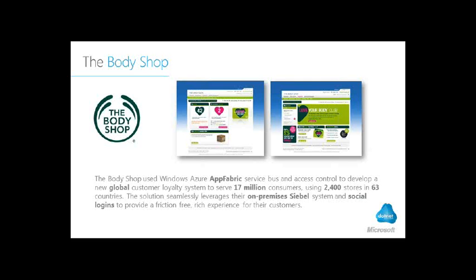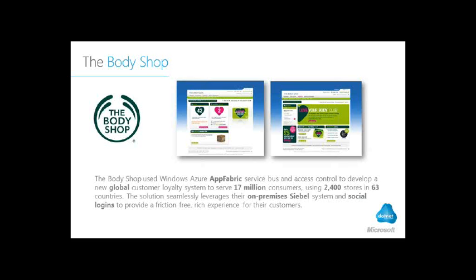They were looking at how they could radically change their loyalty program and move away from a physical-based card to something which is a bit more 21st century, linking together both their on-premises stores and also their websites. So we've been working with the Body Shop now for a couple of years, and the thing that's particularly interesting about this case study is the hybrid deployment model. The Body Shop are big Siebel users. They've got 20 or 30 Siebel servers on-premise that they weren't about to move to the cloud,